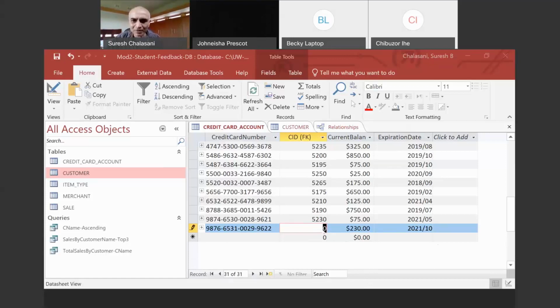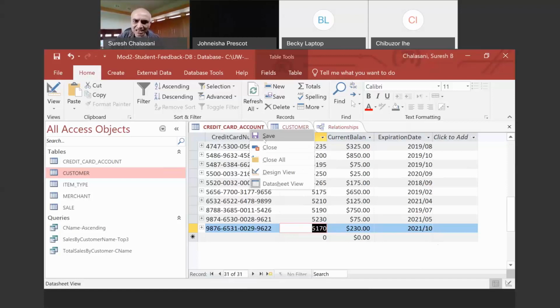Yes. So when you input these things, use a valid customer. You can use your creativity to input anything you want. And one of the valid customers is 5170, I believe. And I can use that and I can save it now, not a problem. So you could input anything you like as long as you have corresponding valid records in the other tables.